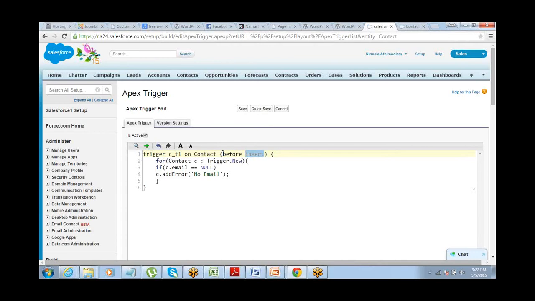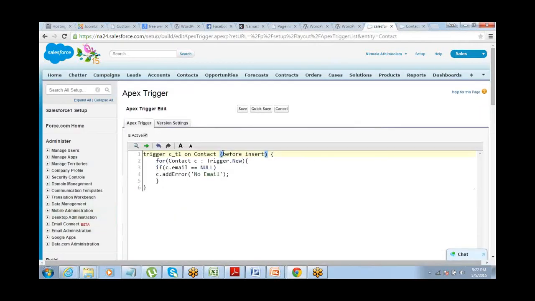So it executes the code block only when a new record is being created. Got that? Please let me know if there is any question or doubt on this. Clear, Jit. We need to write before update as well. Then only it will throw an error, right.